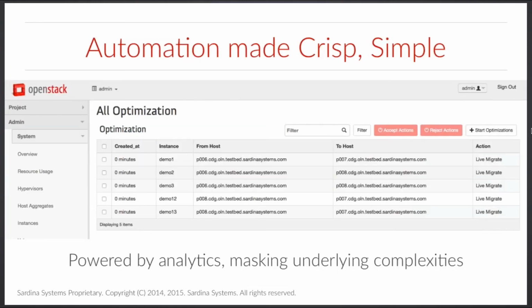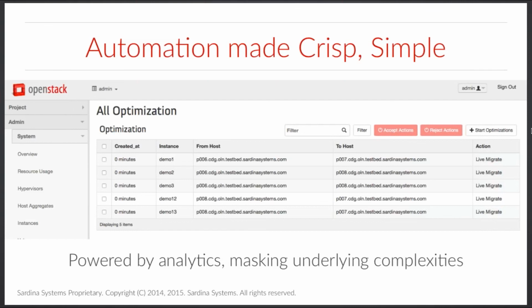We can do this integrating into existing OpenStack, masking away a lot of the underlying complexities. So how do we drive decisions that are completely transparent to the end user, the end user being the data center operator?